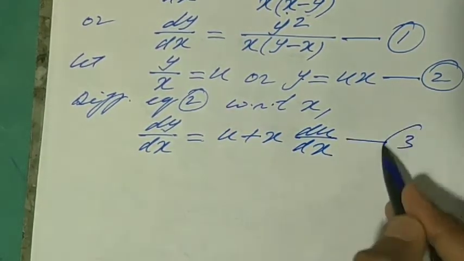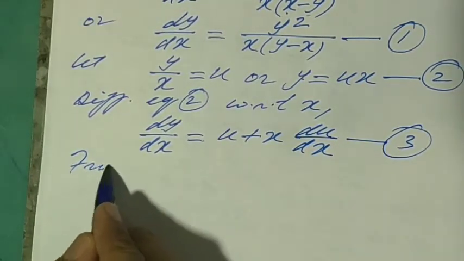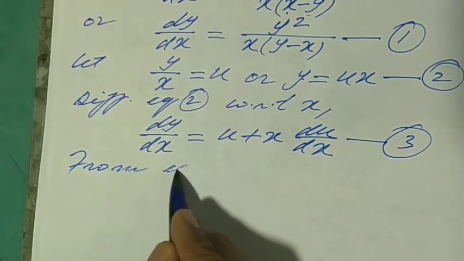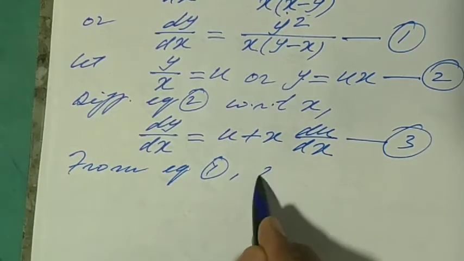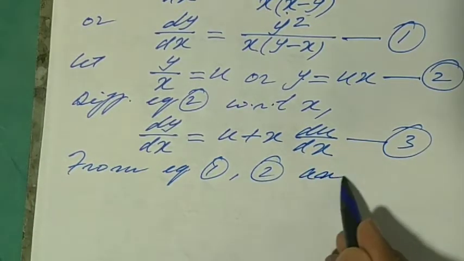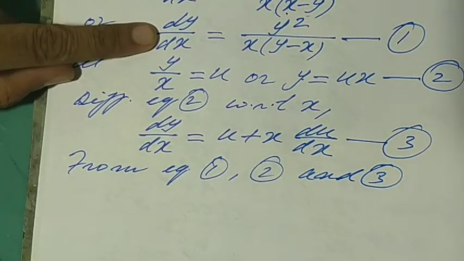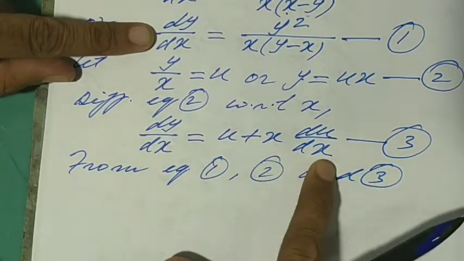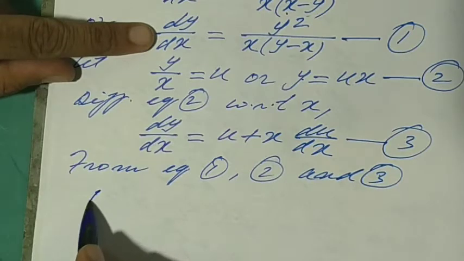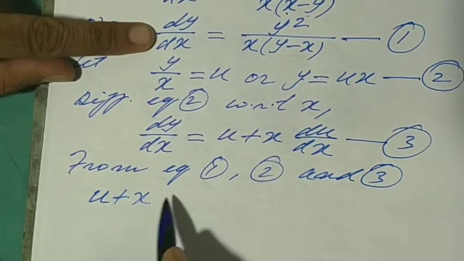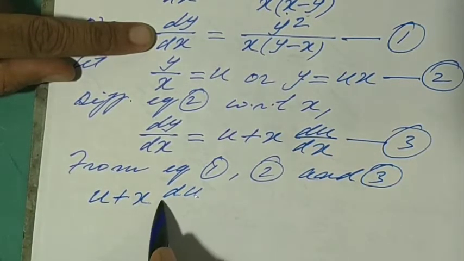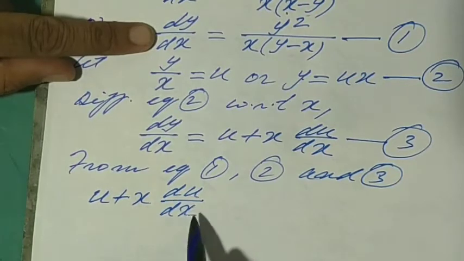Let it be equation number 3. So now from equations 1, 2 and 3, we get, in place of dy upon dx, we have to write down this u plus x du upon dx